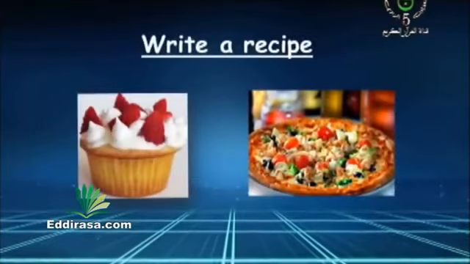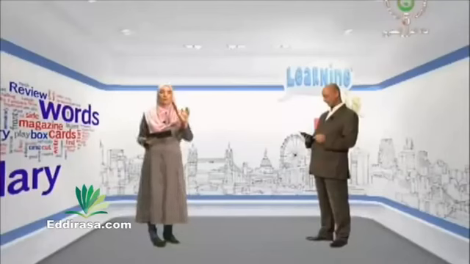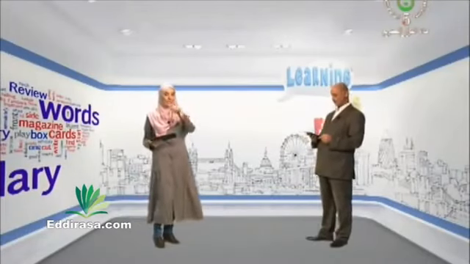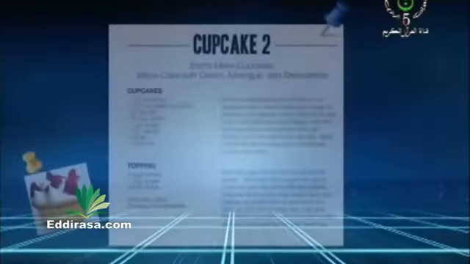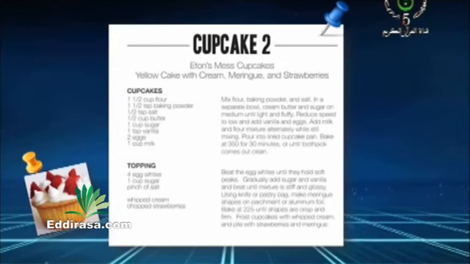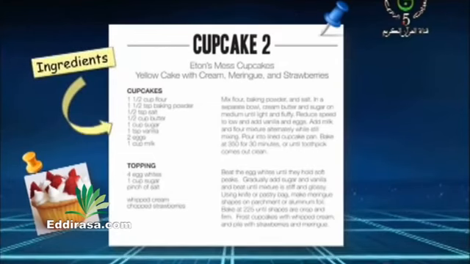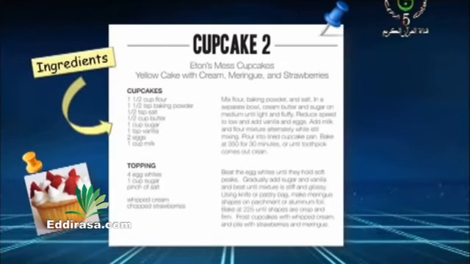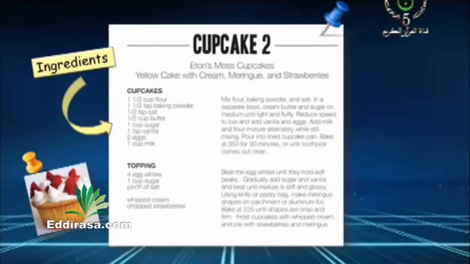Okay? So now I think it is time to use all these food items to write something to eat. But you must know that, of course, in recipes, we've got different parts. Of course, the title of our recipe. Like here we have cupcake 2. Of course, there was cupcake 1. So the first part of the recipe is the ingredients. We've got the list of the different items you will need to make your cupcake in this case,